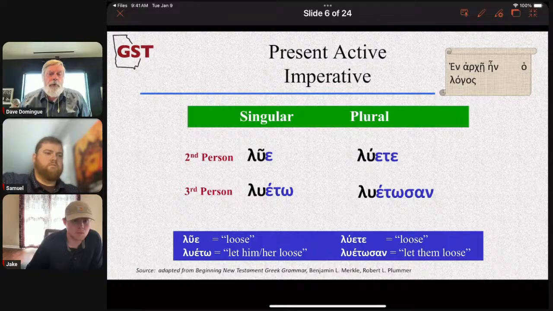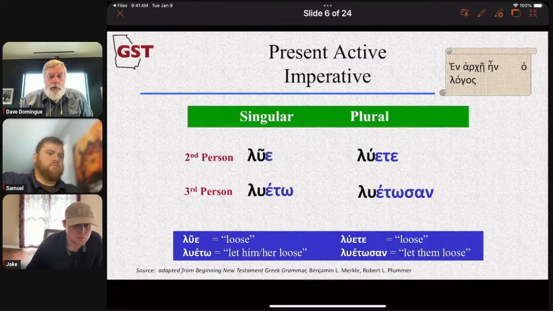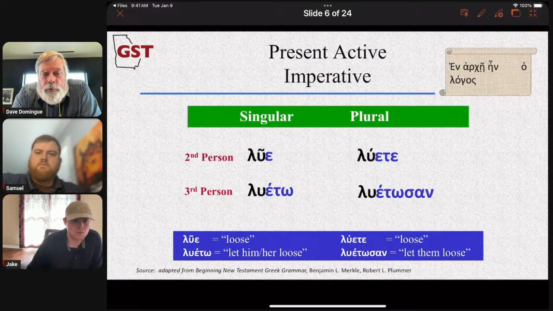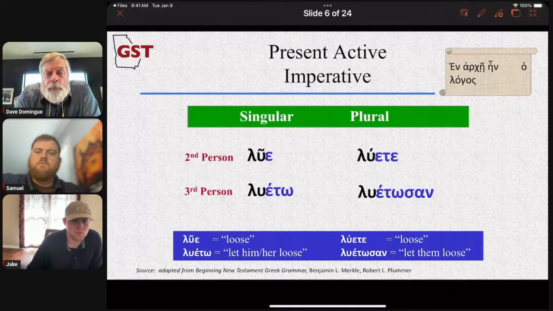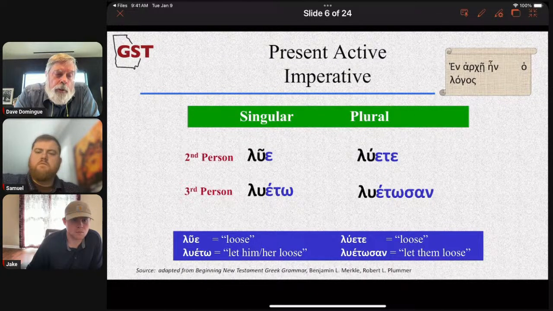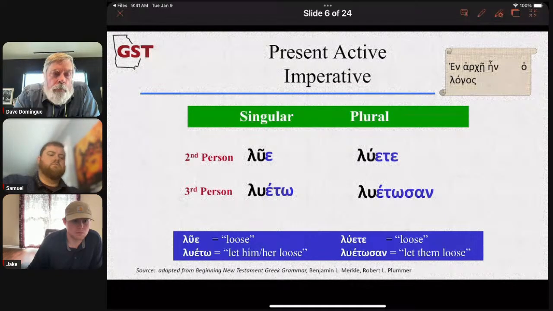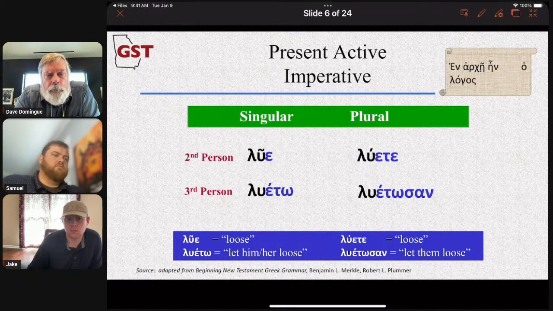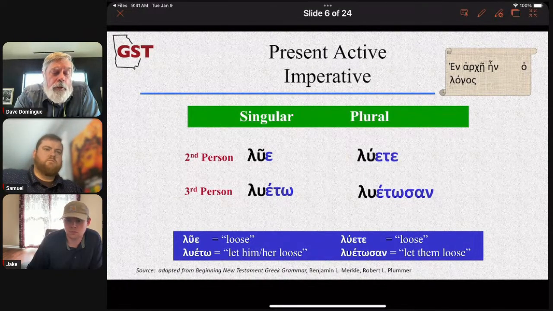I would assume the original hearer would have heard the inflection, that would have made it clearer to them. In most cases, it would have been clearer to them that it's an imperative versus an indicative form. But maybe not. Think about Nicodemus in John chapter 3, when he was confused at how a man could be born again from his mother's womb, when the word again in John 3:5, anothen, can mean from above. So he heard one thing, but it's possible something else was actually being said or meant: born from above or born again.